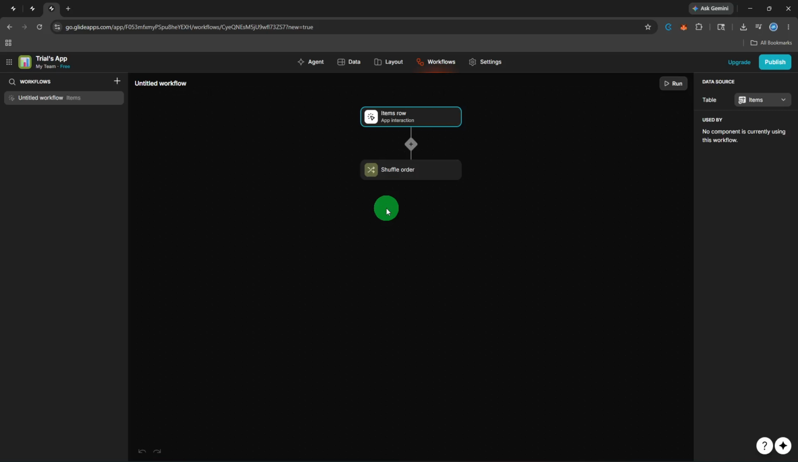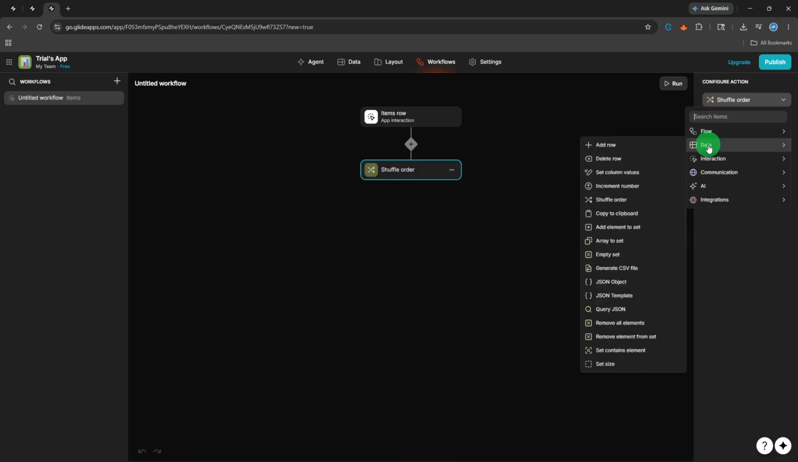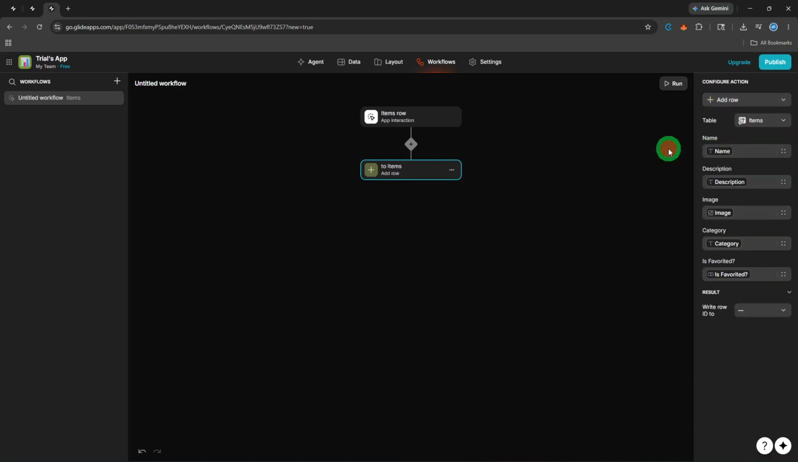Next, select an action. Actions are what Glide should do when the trigger fires. You might add or update a row, show a notification, navigate to a screen, or call a connected service. As you select an action, fill in the required details, like which table and which fields are affected. Keep an eye on any dynamic values that reference the current row or user, so the action targets exactly what